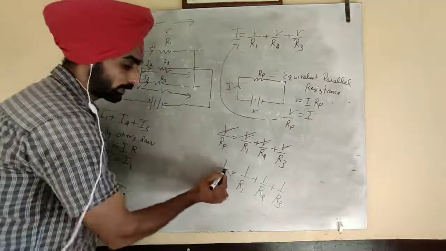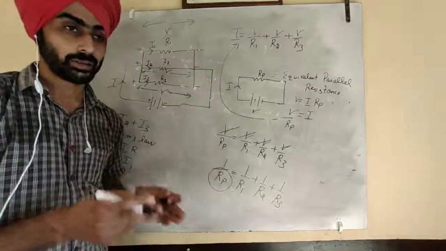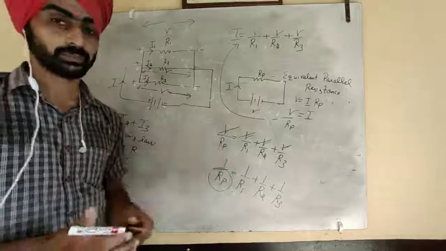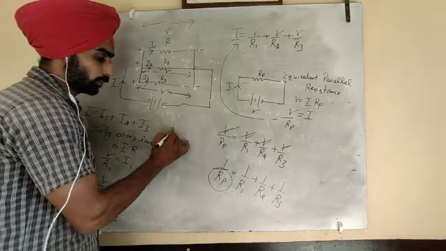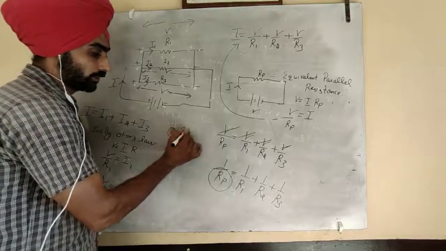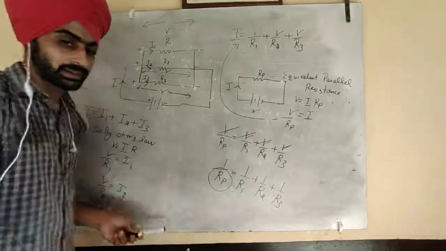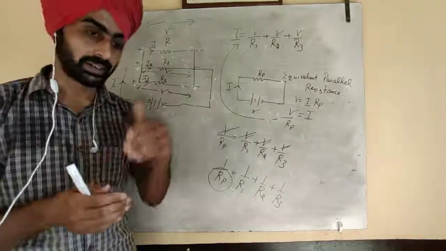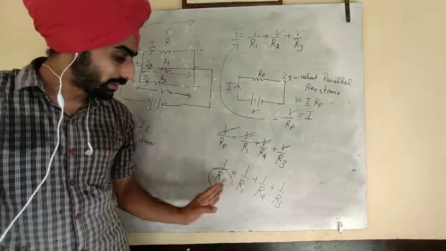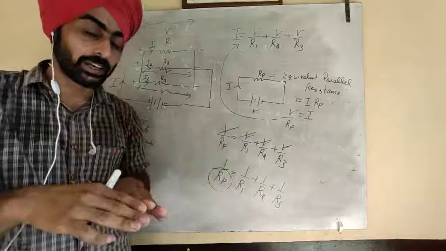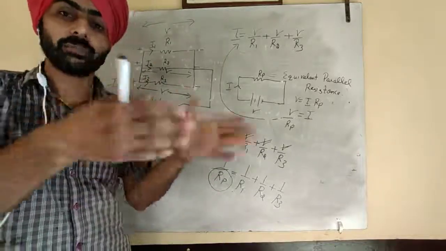So equivalent parallel resistance is going to decrease because it is 1 by this, 1 by this. It means it's getting decreased. 1 by 2 is less than 2, like this 0.5. So if we connect the resistors in parallel combination, the equivalent parallel resistance is going to decrease. Equivalent means overall, the one resistance that forms by combining all three will be smaller.